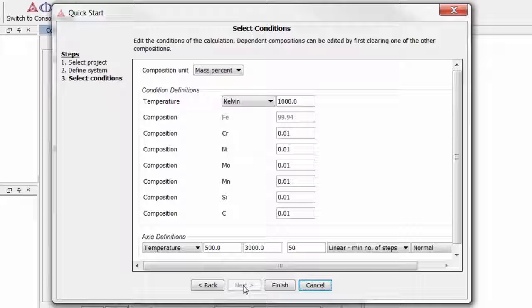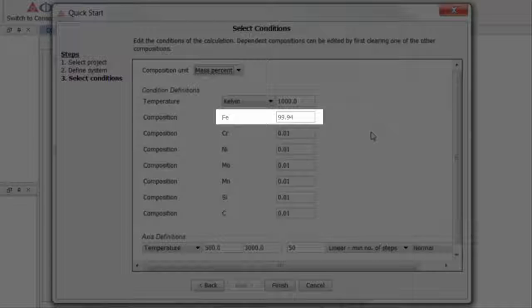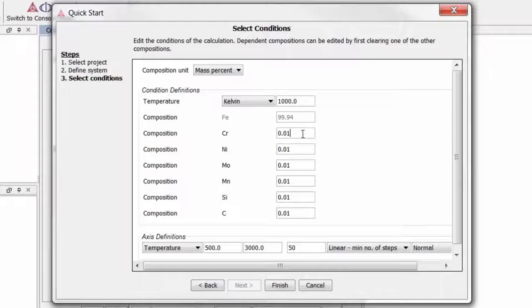Here we select the composition of our system and define the variable that we want to vary. You can also select the composition unit. We'll use mass %. Notice that iron is grayed out. That's because it's dependent and cannot be changed. But if you delete the value of chromium, for example, iron is no longer dependent and can be given a